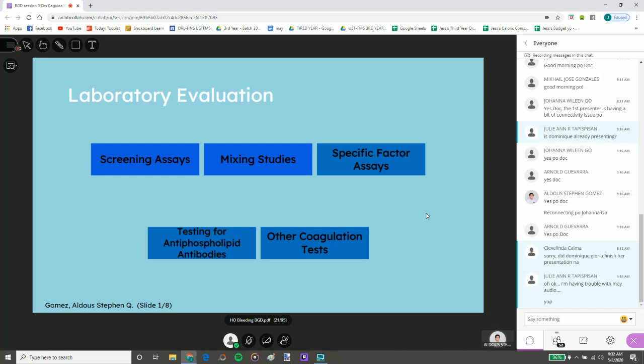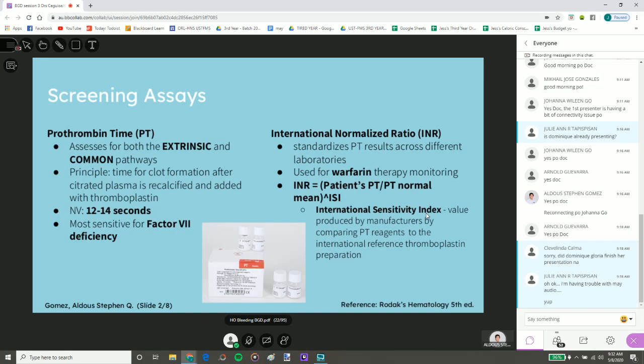So primarily, we have 5 considerations for the laboratory examination. Specifically, we have the screening assays, the mixing studies, specific factor assays, tests for antiphospholipid antibodies, and other coagulation tests that are available. So first, we start off with the screening assays, which is primarily the prothrombin time and the activated partial thromboplastin time. So as we know, the prothrombin time